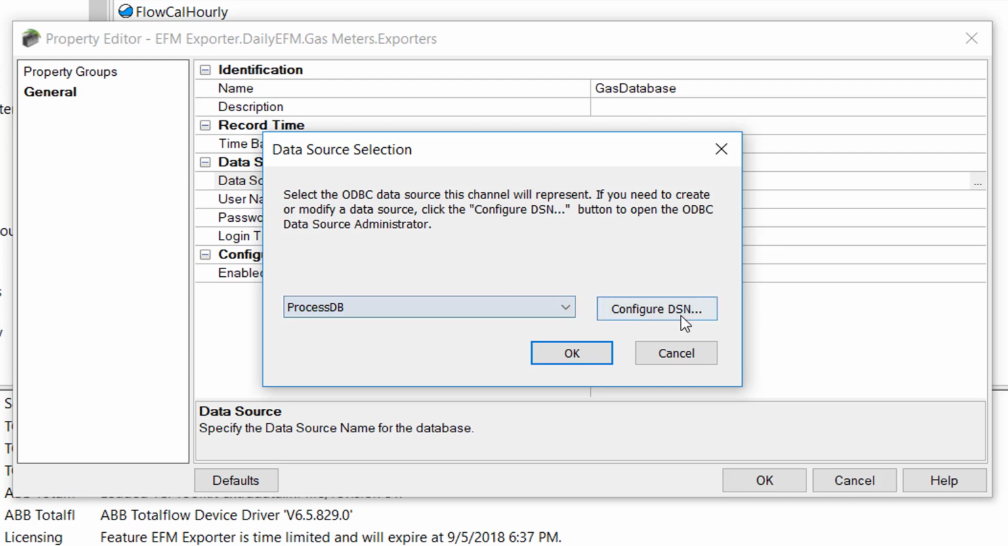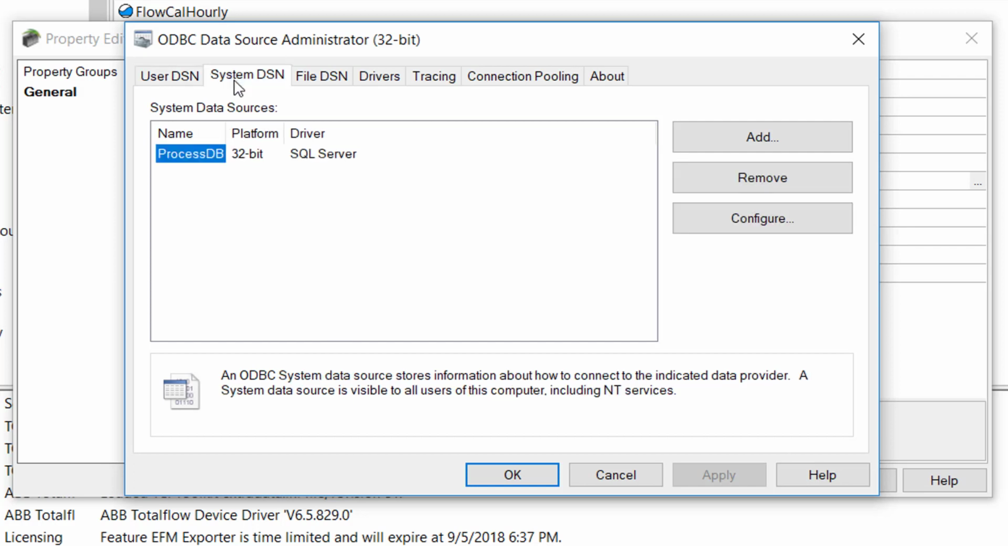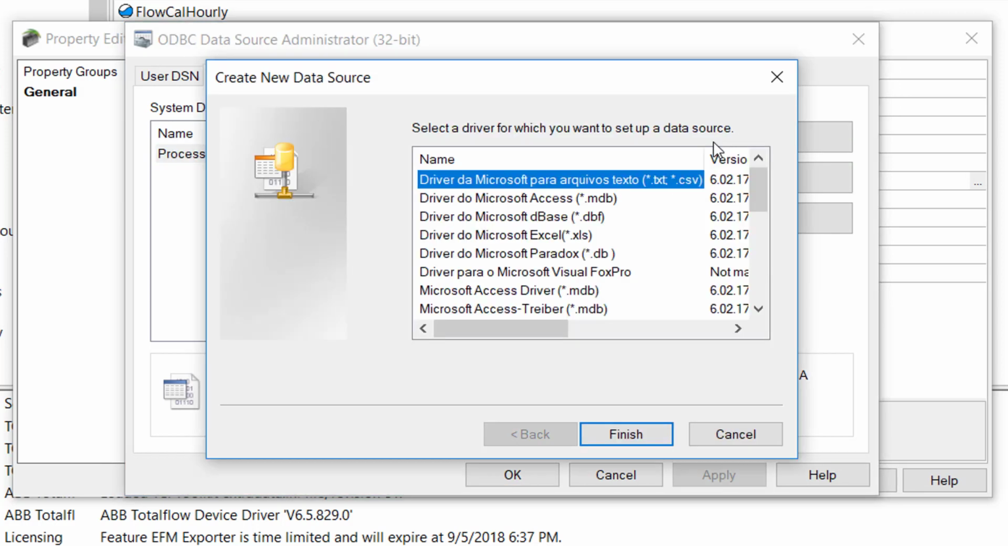Or you can click Configure DSN to launch the ODBC Data Source Administrator on this particular machine. I have mentioned you can do either a user DSN or a system DSN. Since TOPServer runs as a system service, I do recommend doing a system DSN wherever possible. So you would just go under your system DSN, click Add, and then you're going to go through. You'll select the right driver. So if it's an Access database, you'd select an Access driver. If it's a SQL database, you just select the appropriate SQL driver,